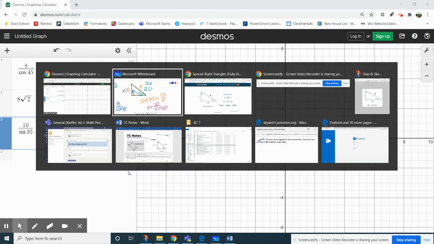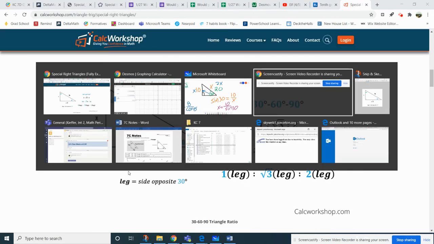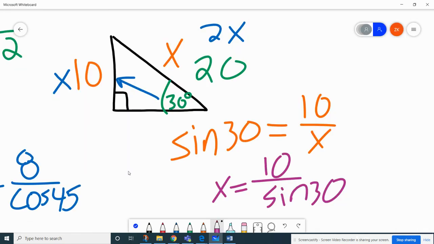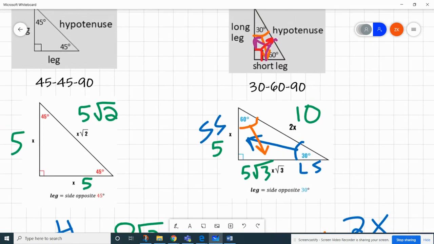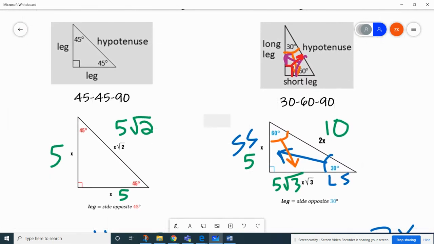So again, that's just a quick way to find these numbers. We can use these strategies. And again, here is your basic